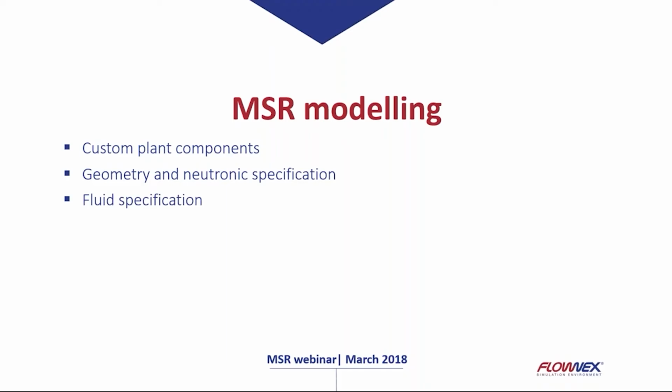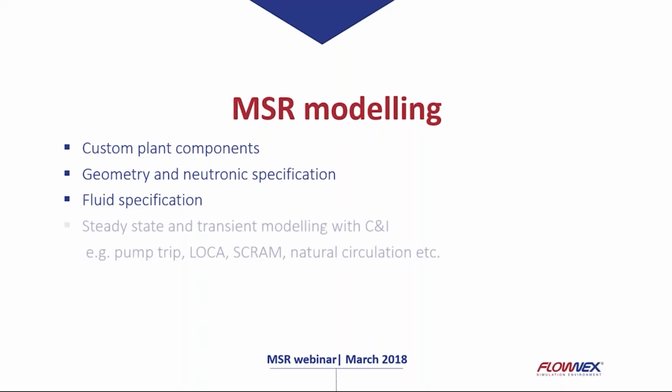And all of those fluids, although they may not already be included in Flownex, because there's a huge library of fluids already included, if there's a molten salt that's not included, you can by yourself just go and create that fluid within Flownex with its applicable density, viscosity, and specific heat values. All of that can be manually created, and then that specific molten salt will be modeled accurately within Flownex. And then fourthly,